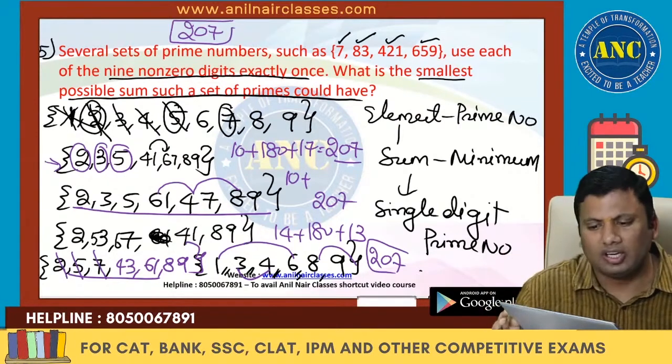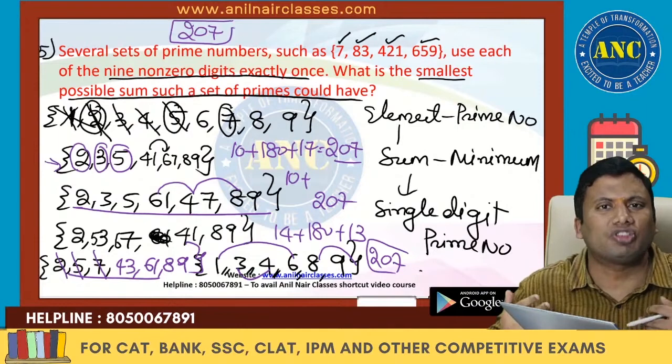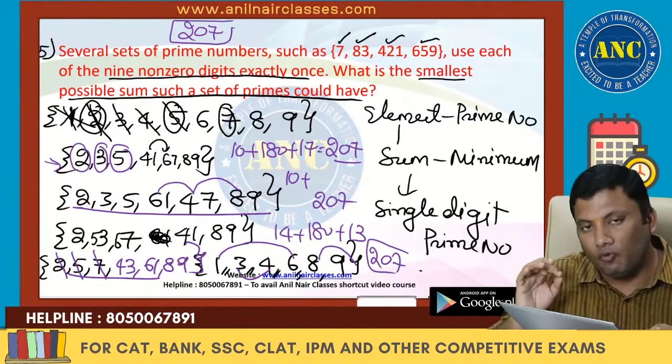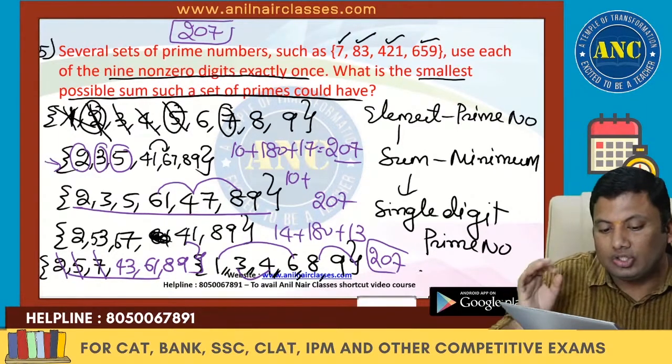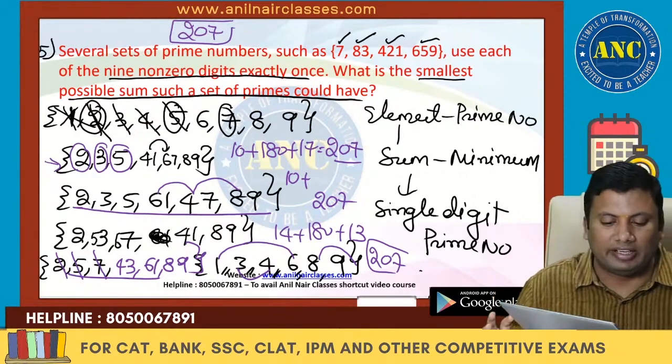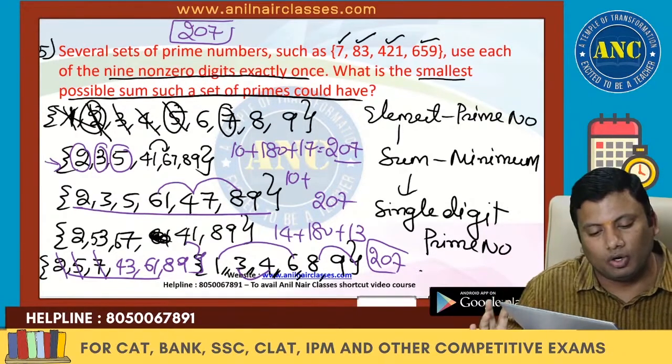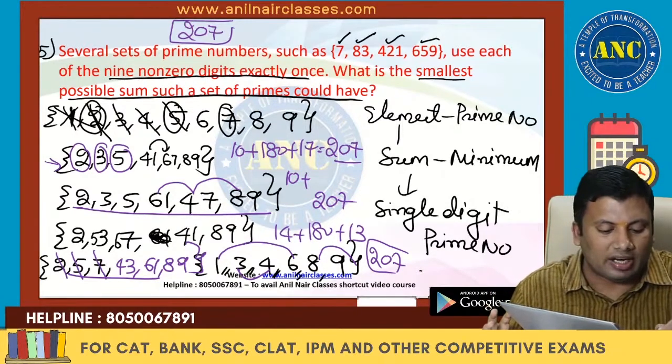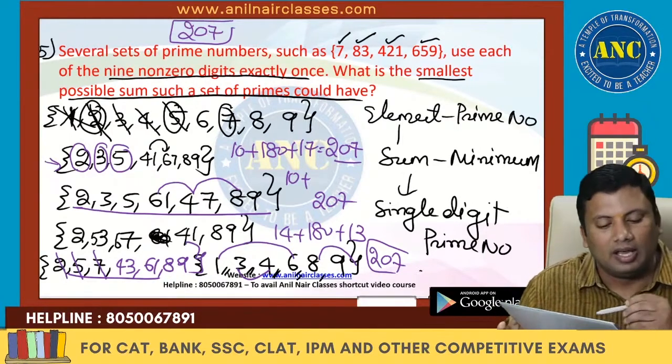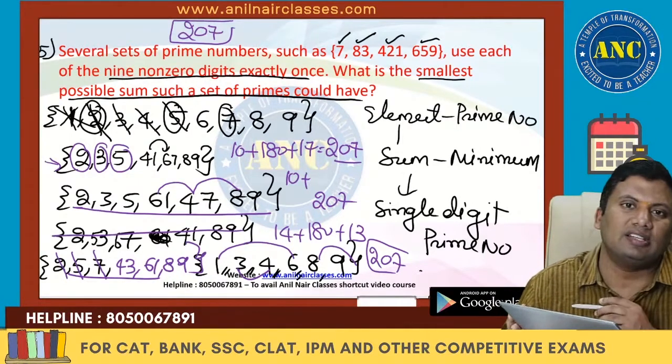Very good question, right? There is no particular theorem on prime numbers for this question. Watchfully, carefully, slowly you have to find it out. The only thing you have to be good at is picking out that number such that it is a prime number. Anyway, smallest, right, this case is eliminated.